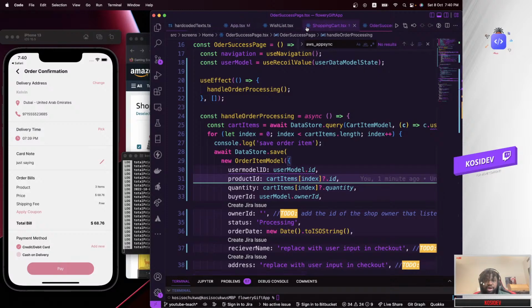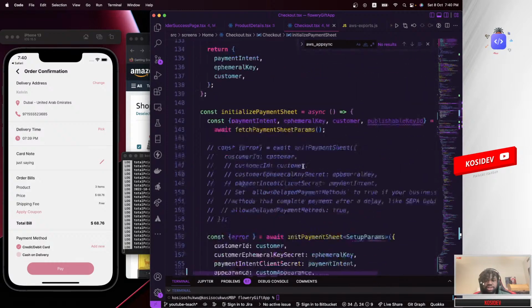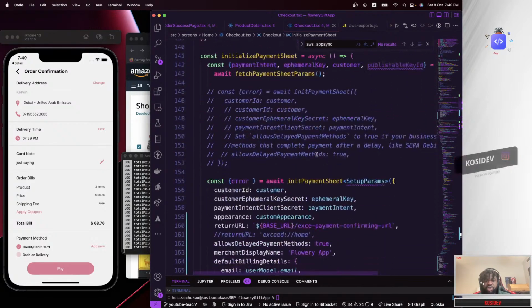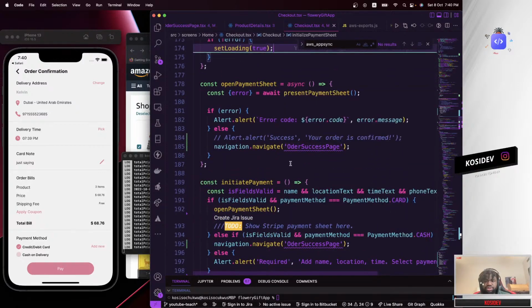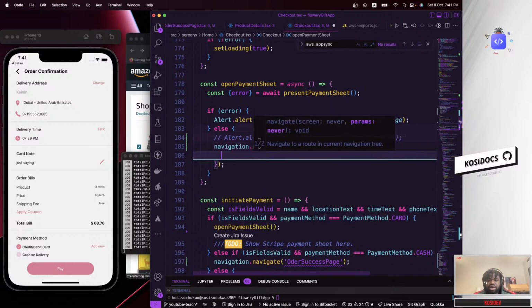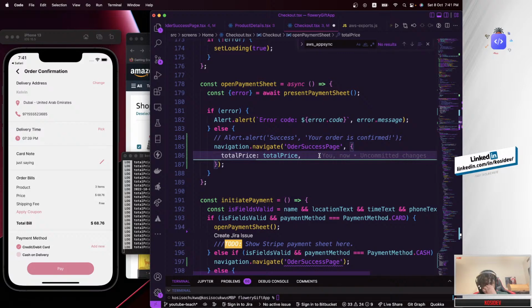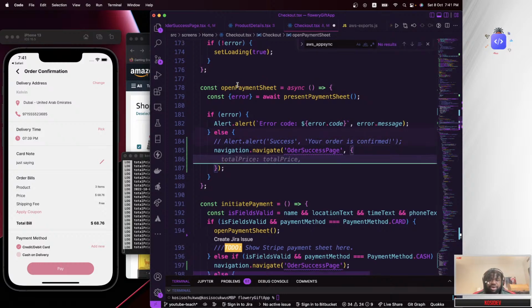To finish this up, I'm going to go back to the checkout page, and I'm going to say when you are taking the user to the order success page, which is what we are doing right here, I want you to pass some of your data to us. So passing the total price. Does that actually make any sense? No, we are not passing the total price. In this case, I'm going to scrap that and remove the total price. We don't want that to pass in.